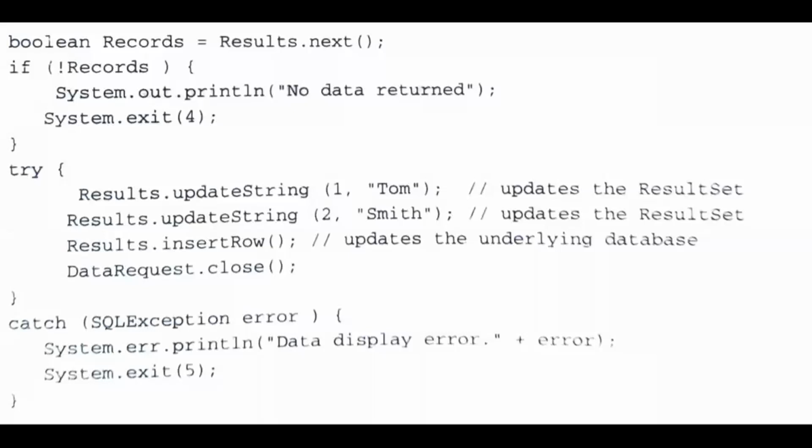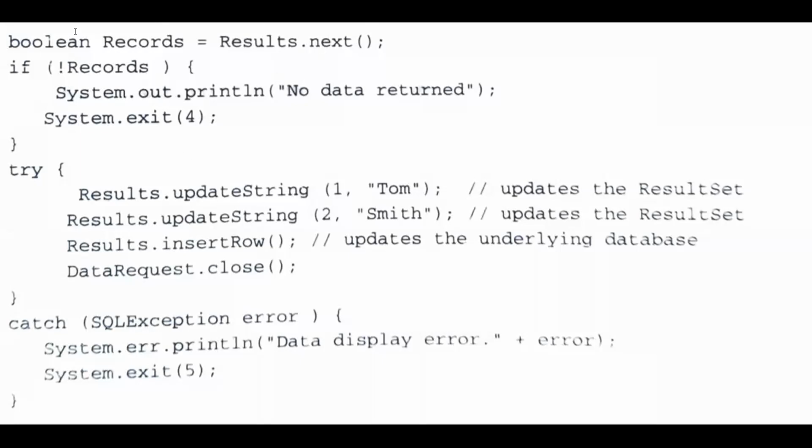Here is a portion of that particular code. Connecting to the database and executing a query are all the same. One more thing that we need to do is, in the create statement, we have to use the constant CONCUR_UPDATABLE. That constant we have to use when we want to update the result set, or delete or insert a new row into the result set.